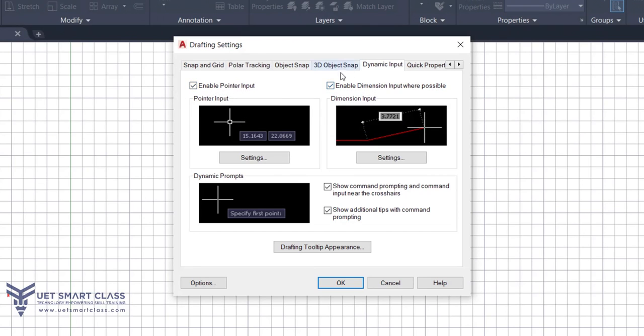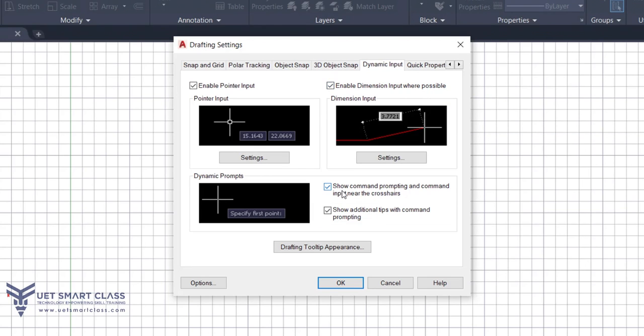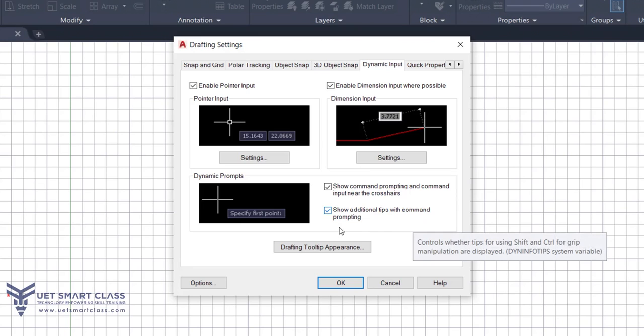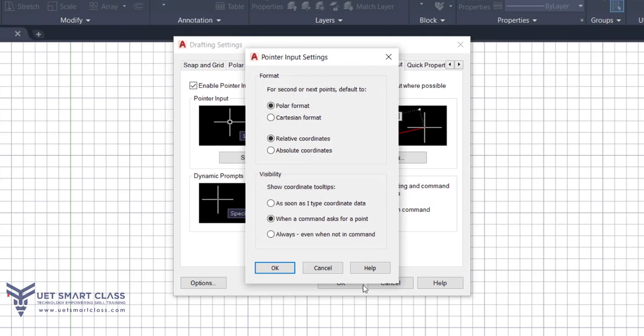Second is enable dimension input where possible. And third is the dynamic prompts, basically the two checkboxes which I talked about. Show command prompting and command input near the crosshair. This is the crosshair. And show additional tips with command prompting. These are the additional tips.